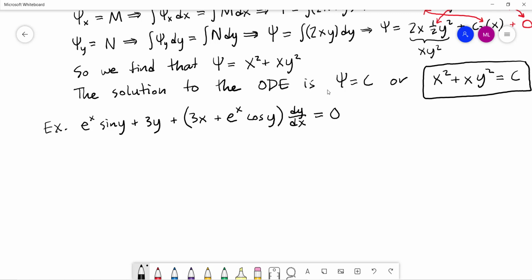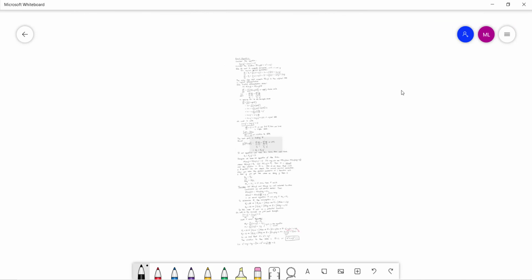So the first thing we do is we get it into the form that we were talking about, and luckily this one's already written in that form, but if this had been moved over to the other side of the equal sign, just rearrange it so it's in the form where we've got some stuff plus some other stuff times dy dx equals 0. So we've got our first stuff plus our second bit of stuff times dy dx equals 0. The first bit of stuff,